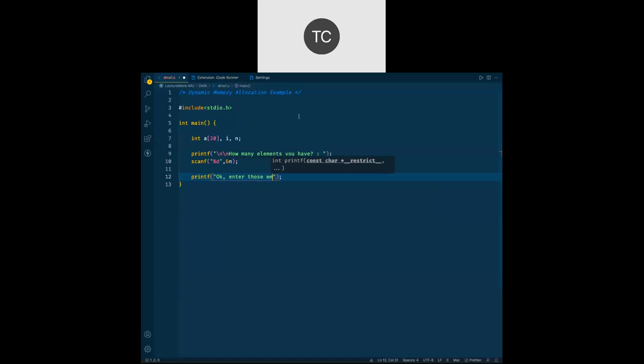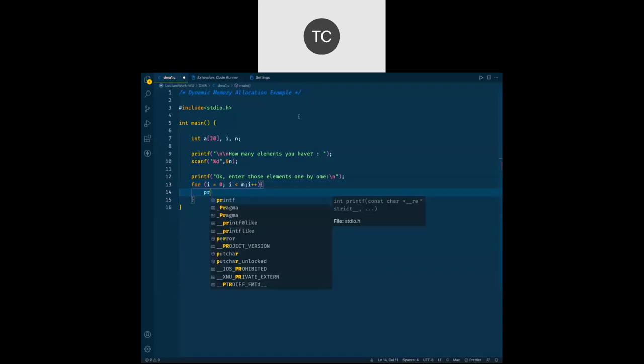Enter those elements one by one, right? And then we go for a for loop, i equals 0, i less than n, i plus plus, and inside that, again, maybe you can have one printf which says which element currently the user is entering.